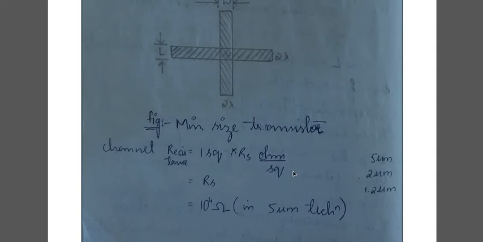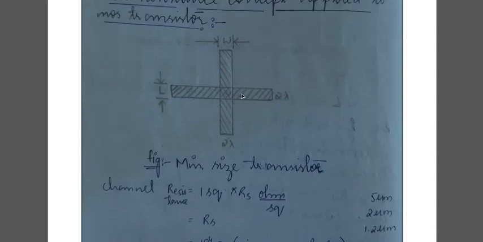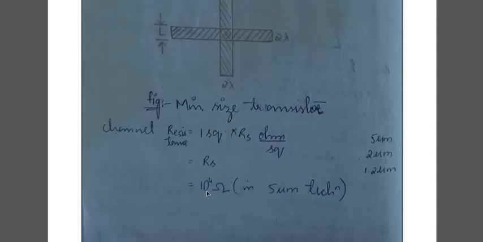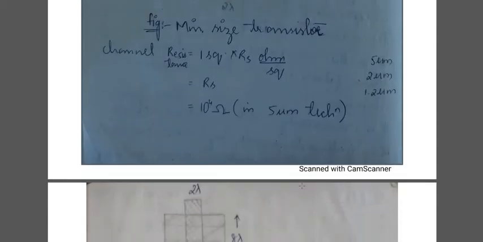I hope you remember in your NMOS fabrication we said that we will be using a pure silicon crystal. To that, P impurities have to be introduced in that substrate as we grow the crystal, right? So again you have to add some boron impurities, plus you have to give the resistivity, that is, 2 to 25 ohms. Correct? So depending upon this sheet resistance, we will be providing the resistivity to the particular material or the particular thin layer. So by seeing this, we can say that for this particular kind of MOS transistor, the resistance should be 10 to the power of 4 ohms per square in 5 micrometer technology.